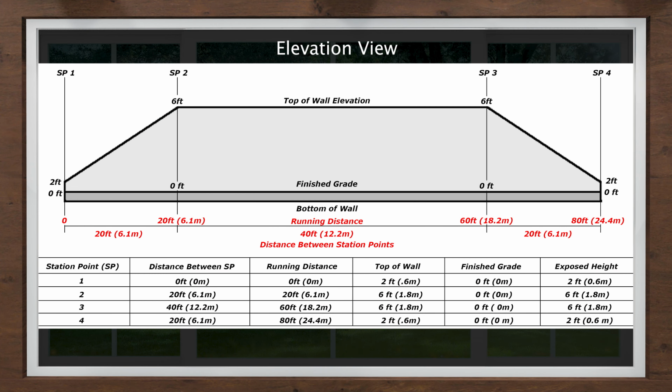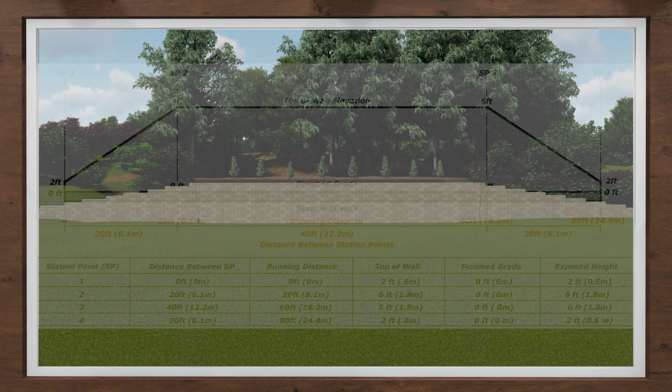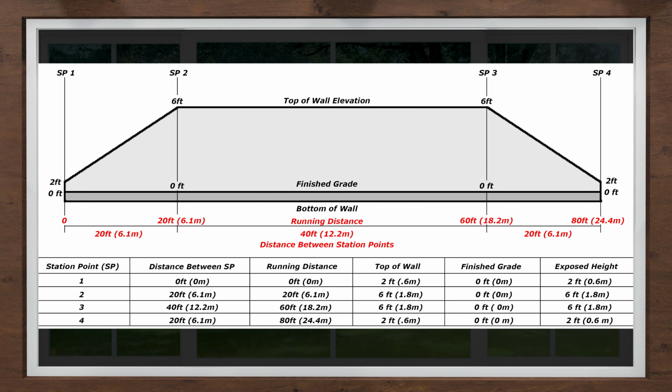The elevation view is what your wall would look like if you were standing in front of the wall and looking at the front of the blocks. Using the actual profile, we will identify the height and length of the wall so we can obtain an accurate estimate. When we create an estimate, we need to look at the retaining wall as one long segment. Regardless if there are curves or corners, we are going to stretch out that wall. Exposed wall height is from the finished grade to the top of your wall.